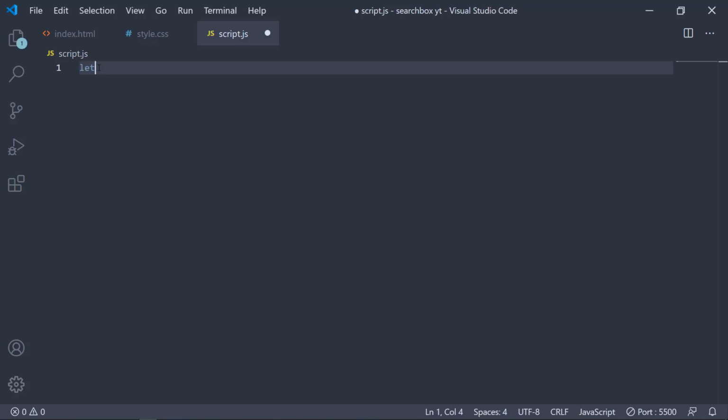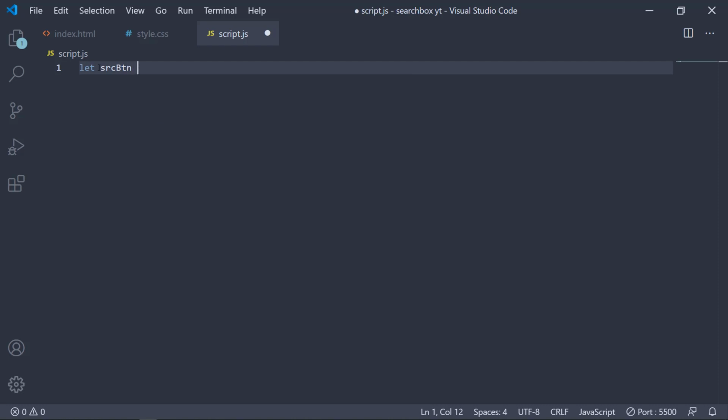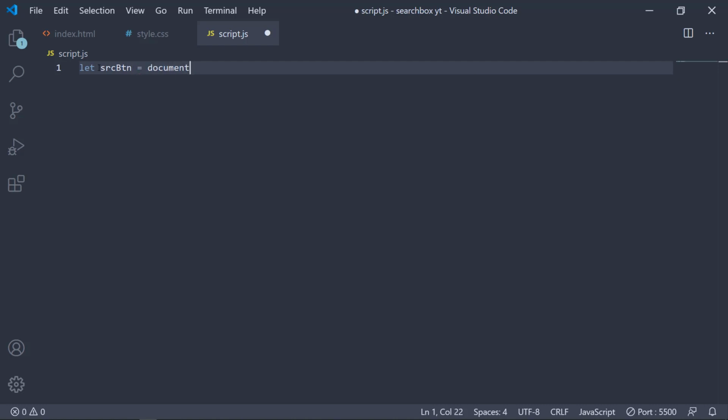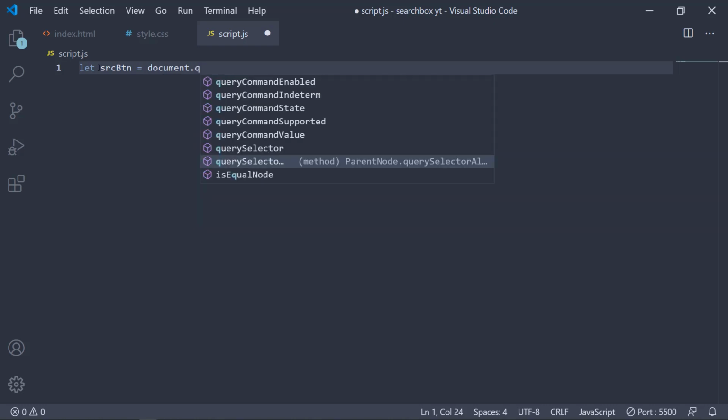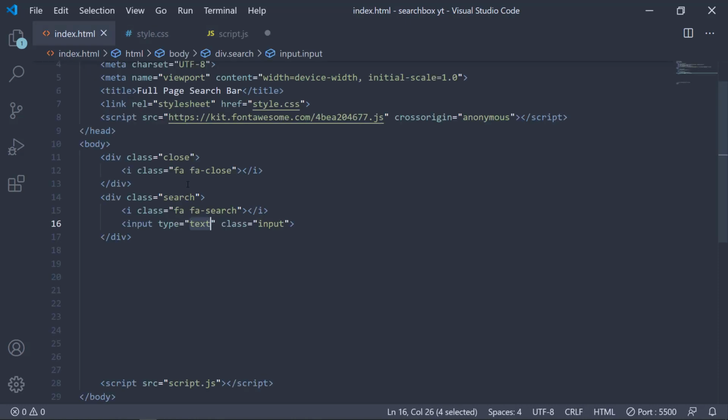So I'm going to create a variable named search button. So it will be the icon, document dot query selector, not all, only query selector, and this is a class, so we are going to use a dot. Now at first we need this icon, so it has a class of fa search, sorry, this one.